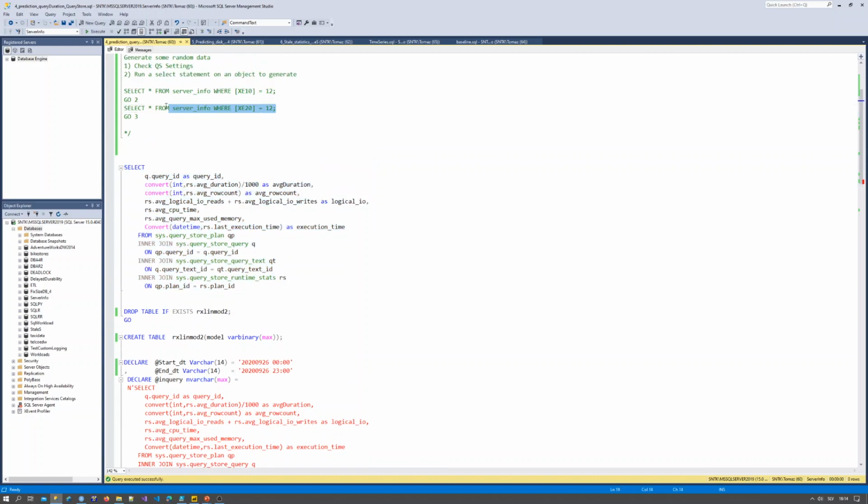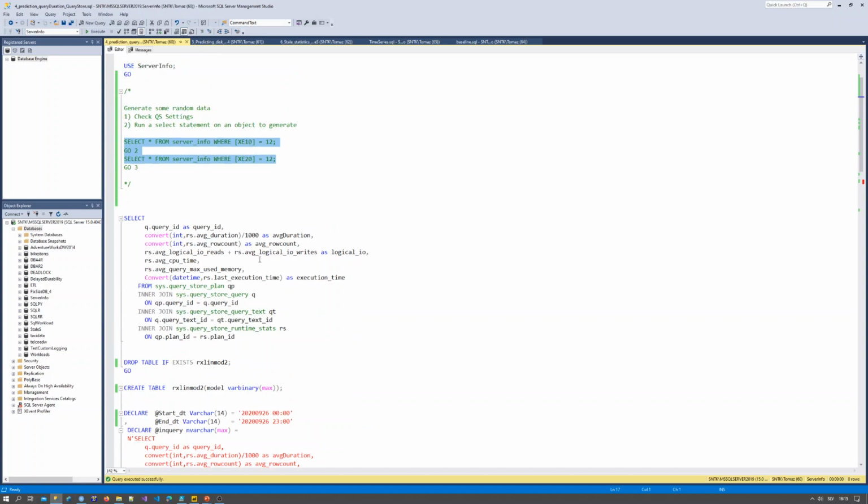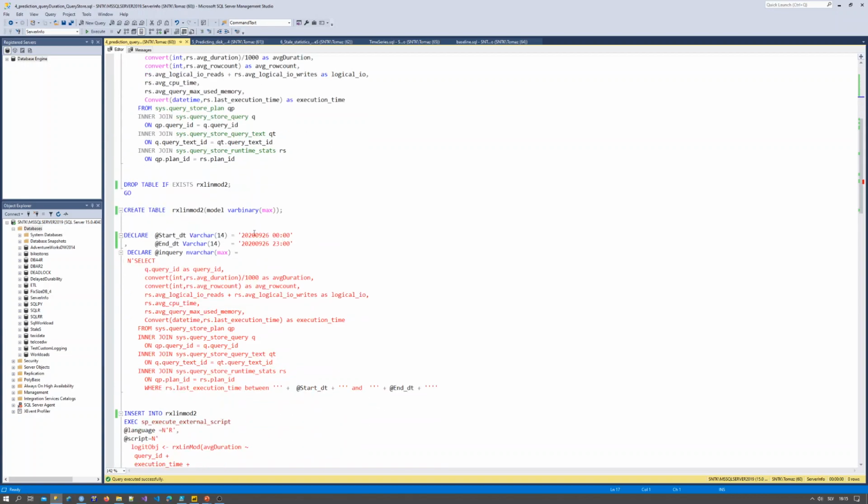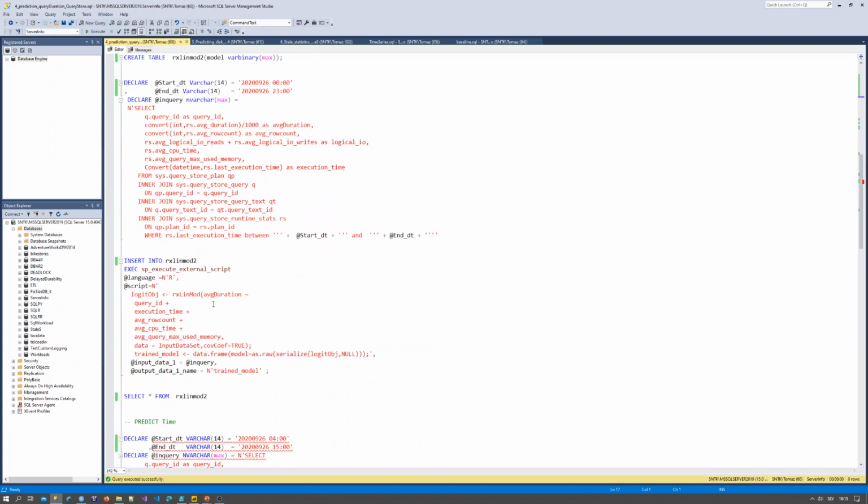So beforehand, I was basically just running a couple of queries just to generate the statistics with my Query Store. And upon that, I will use a linear regression, and I will try to predict the average duration of a particular query.